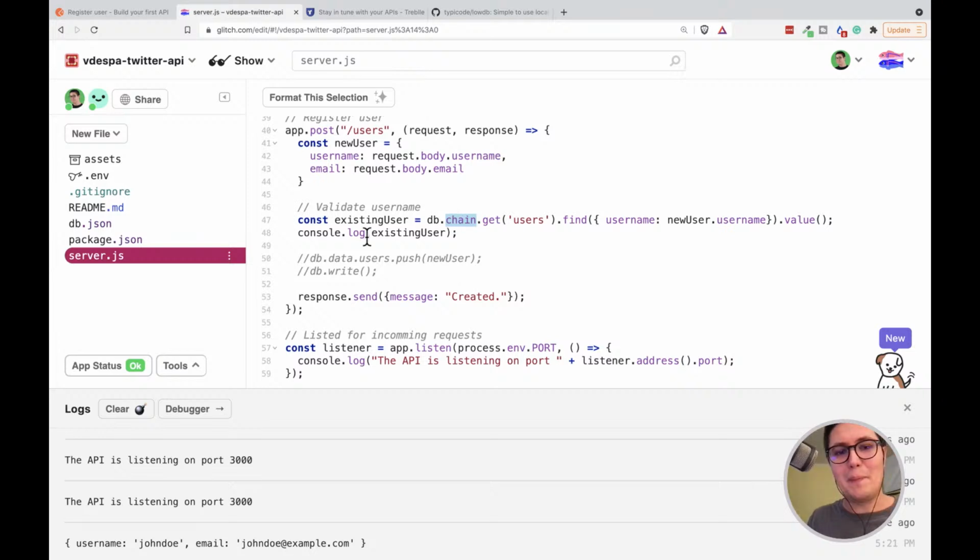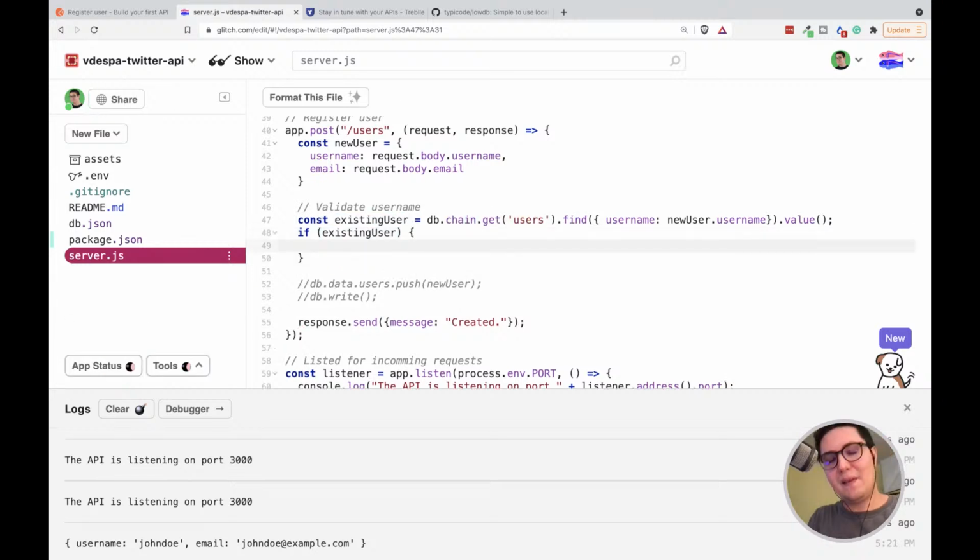Now, because we have found something, this is a bit problematic because we don't want to find anything, and if we find something, we don't want to let people continue, right? So this is the point where we need to create here an if block. So with the if block, if existing user, and this is a very weak if, but if existing user is somehow true, if it contains something,